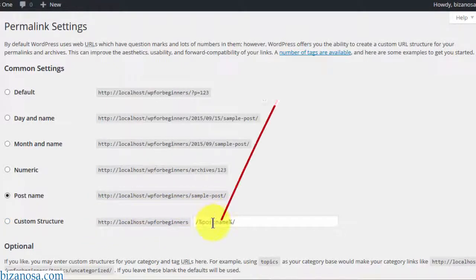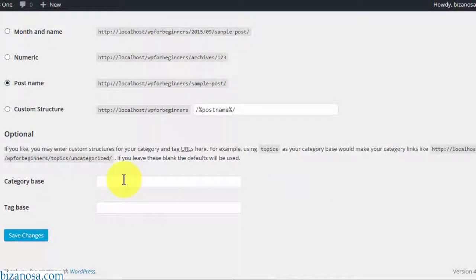If you know about these WordPress tags, you can use any of these tags so that you can choose how you want the post to be. So for this post name, this will be the same as this post name. You can give it a structure. Maybe you want to add tag or title, you'll do that here. I never really use any of this.